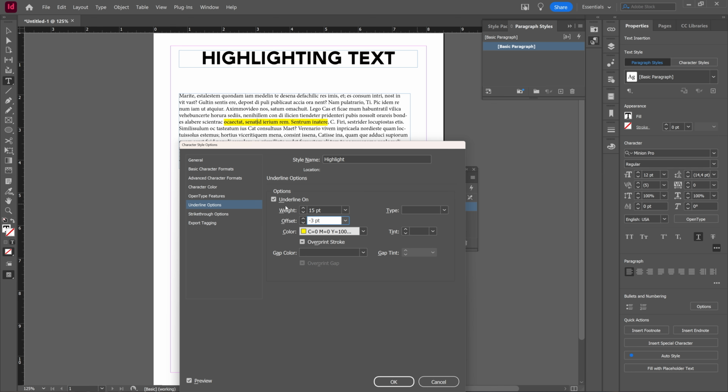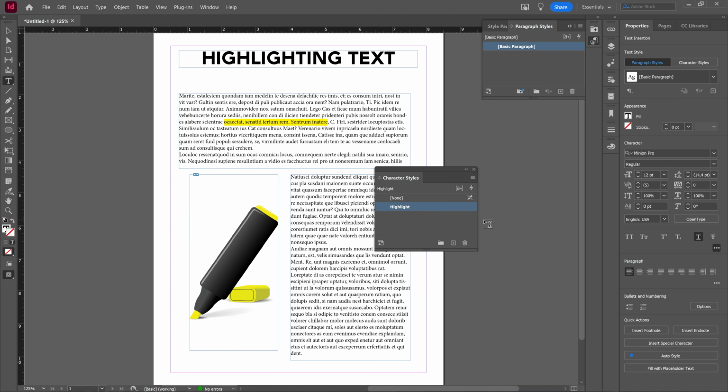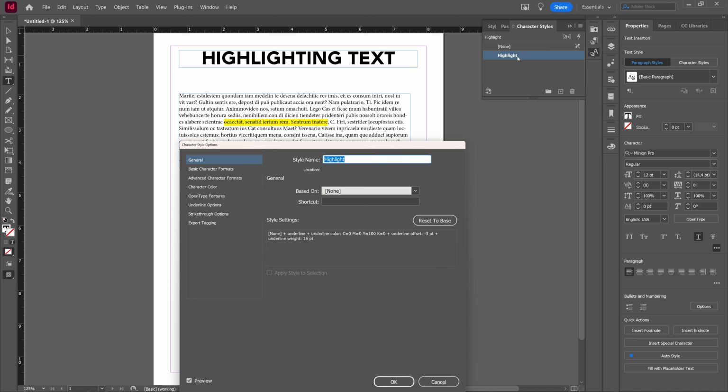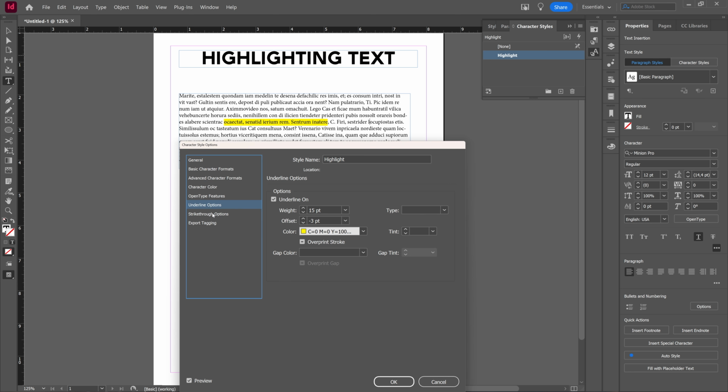Something like this looks okay. And then you press OK. And now, let's put that back where it was. And now when you select a text like this, and you click your character style highlight, you automatically highlight the text you've chosen. So you can double click your character style and then edit your underline options, give it another